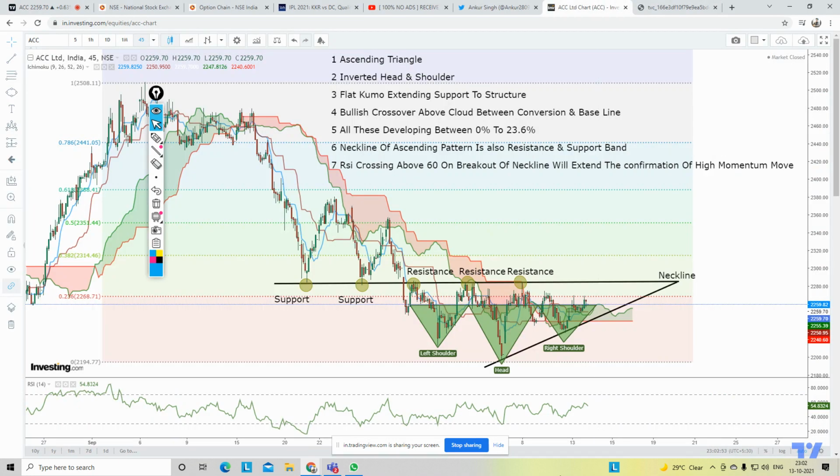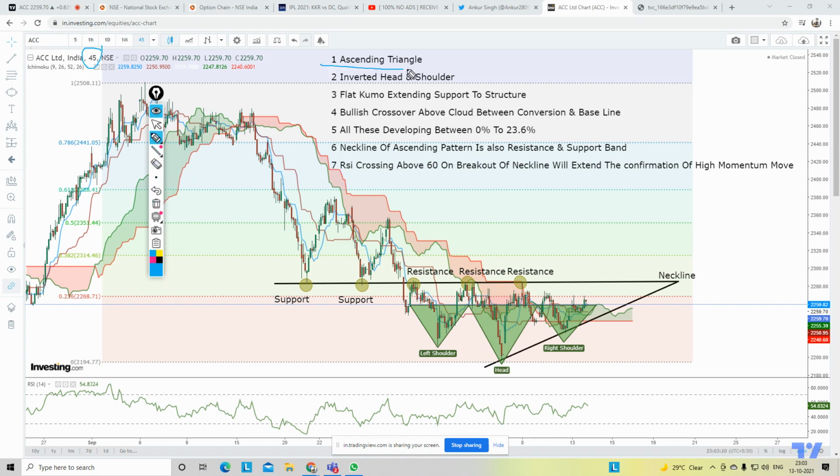So today quickly I'm going to discuss ACC with all of you. This is ACC's 45-minute chart. This is the time frame, right? And there are 7 factors which I have noticed, which I have mentioned on the screen as well. So it would be easier for all of you to understand and match when I read out and explain the points one by one. So out of these 7 points, without wasting much time, let's quickly jump to